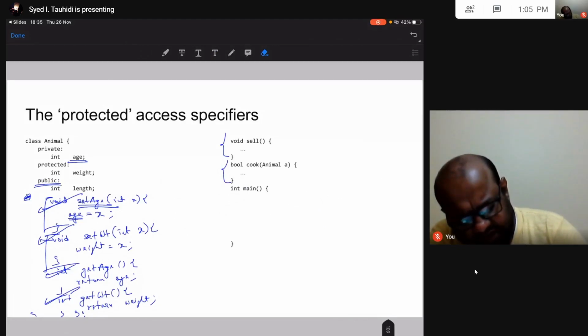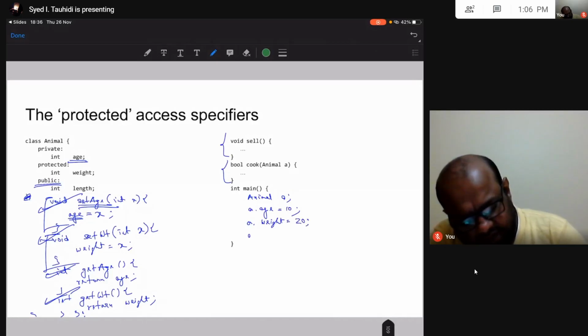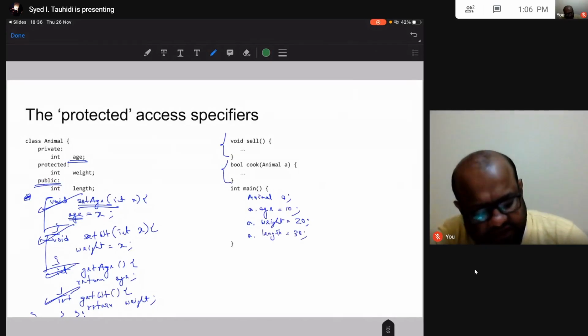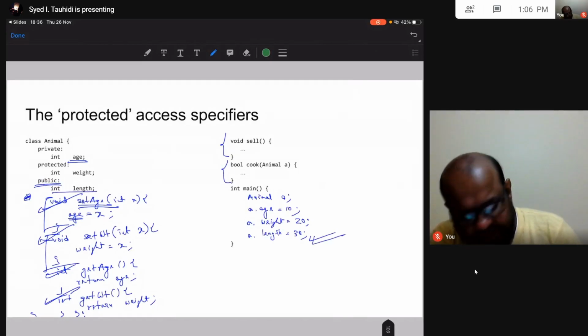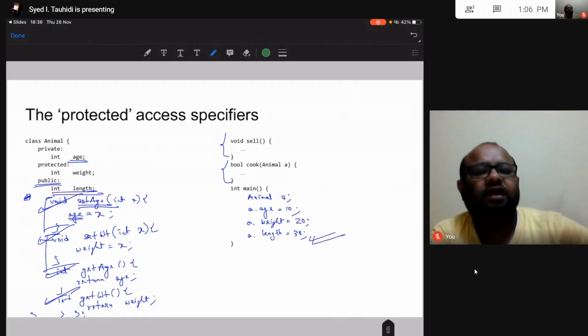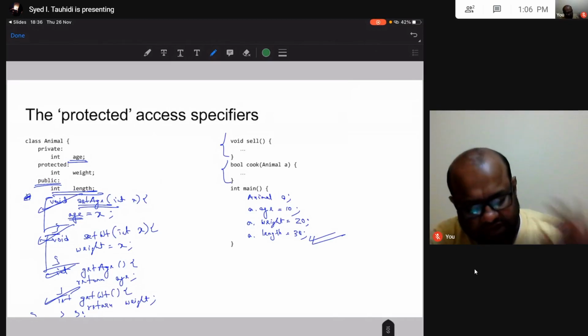Say I am creating an object animal a, a dot age equal to 10, a dot weight equal to 20, a dot length equal to 30. So length is public, so this is definitely allowed. I can access length, I can update it to 30, not a problem.